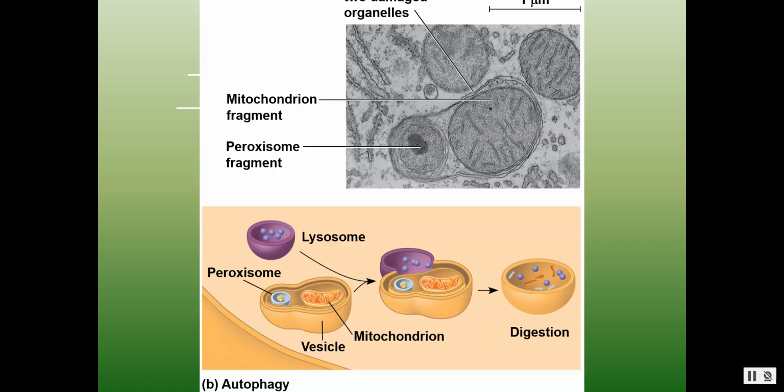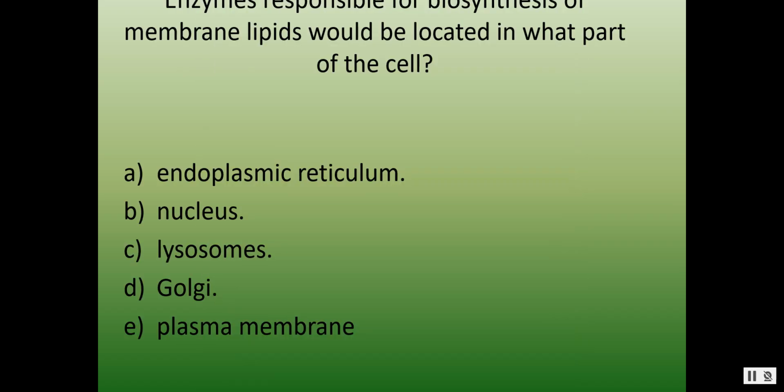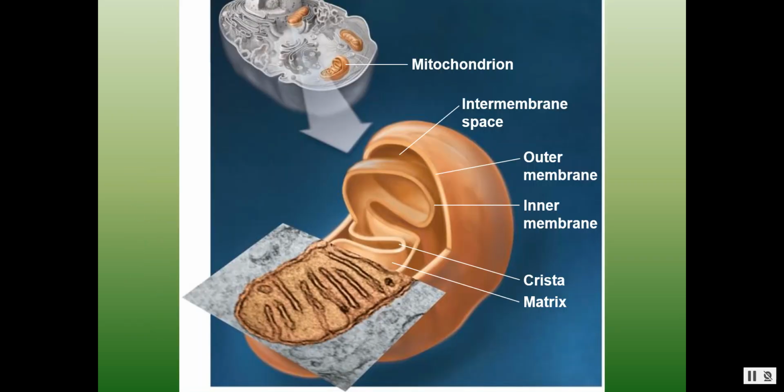So let's see. Next. If we're going to make membrane lipids, where are we going to do that? Right, membrane lipids are made in the smooth endoplasmic reticulum. That would be letter A. All right, so that's sort of manufacturing. Now we're going to get into